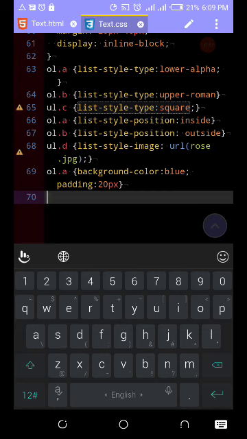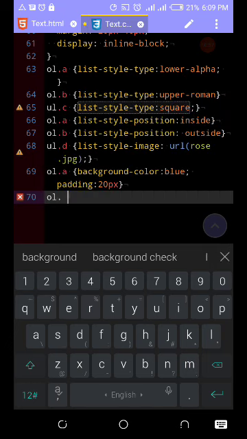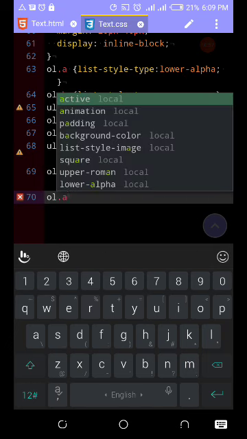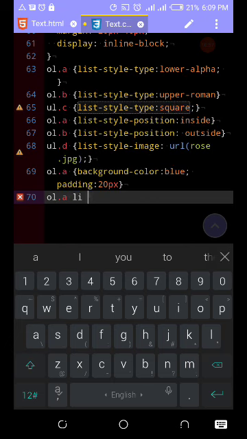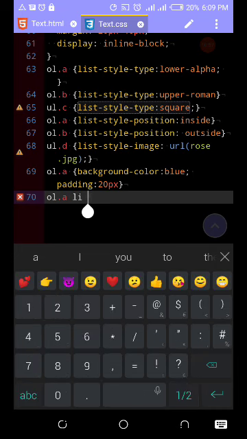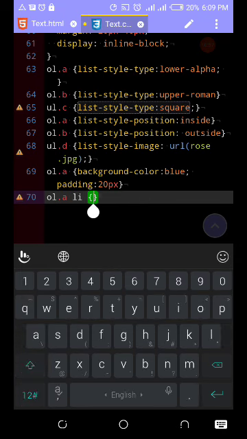So let me say OL dot A, then LI. I hope you are getting me. So I've declared the whole content that I'm using as OL.A that I'm referring to. Then the content inside the OL is the LI. So then in my declaration bracket, I will now say background color,